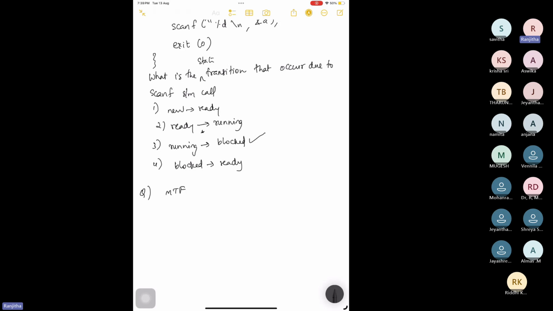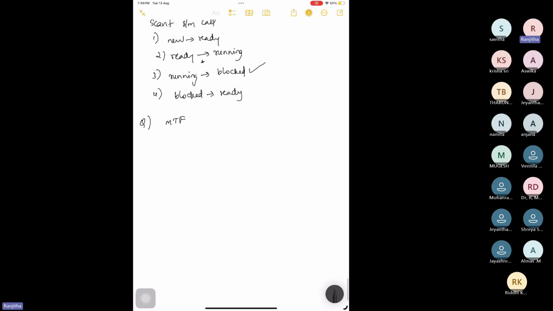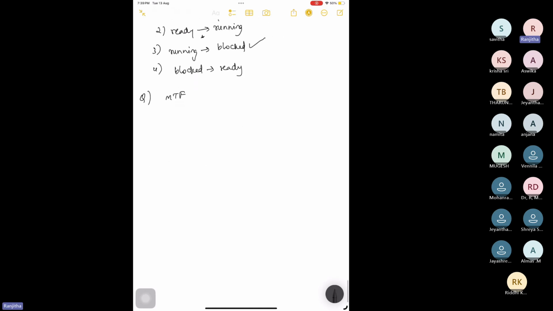And initially, if the parent and the child process share the same page table, does this mean they share the same page frames in the RAM? This is also true. So the answer here is both the statements are true. So next is match the following. So A init.d